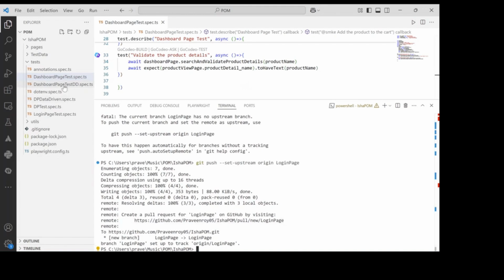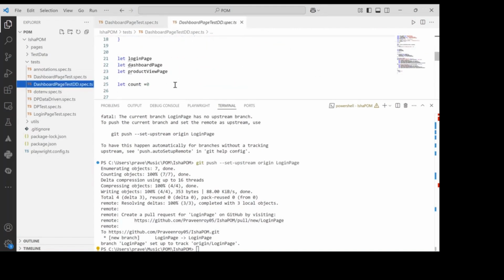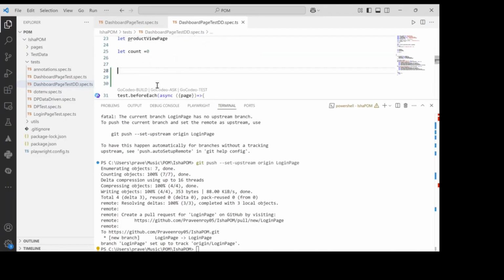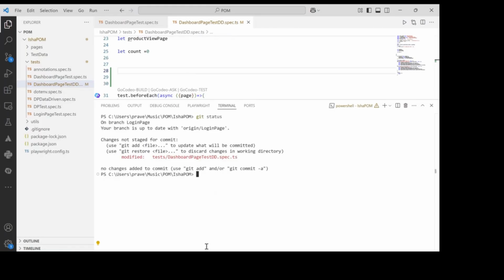Now let's say I'll again modify something over here. I'll just provide some space in this case. And again, when you have made all the changes, you can check git status. It is saying modified again. You have to add your code again by saying git add space dot, then provide a git commit